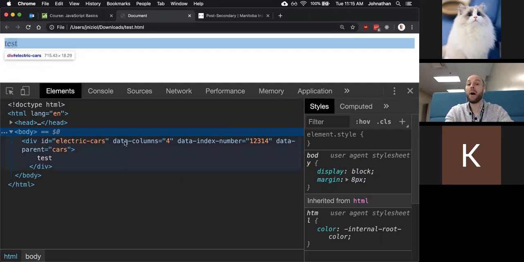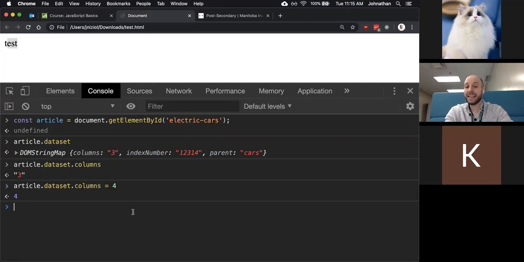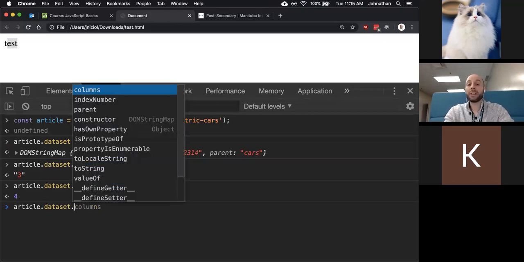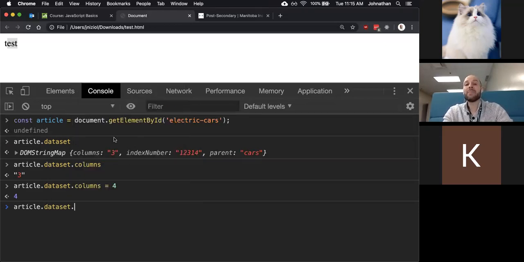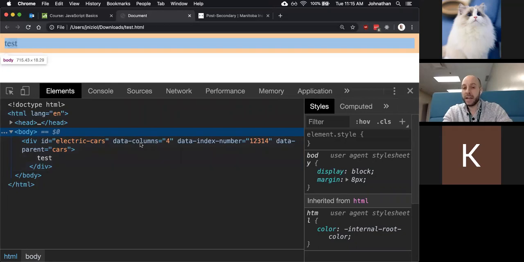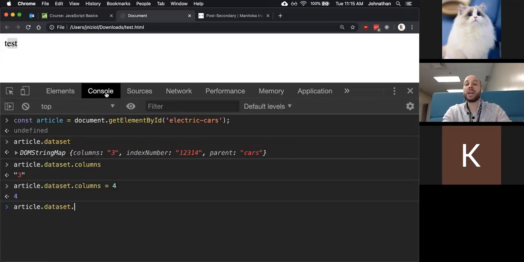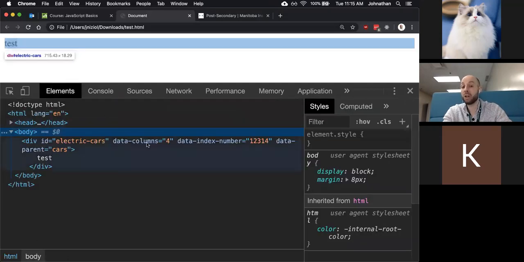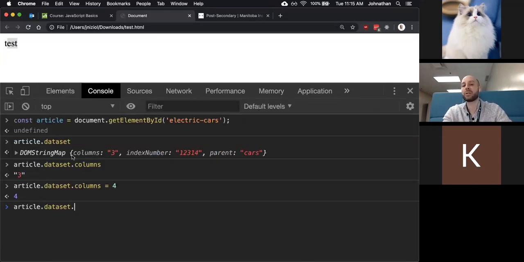Okay, so again, a place for us to get and set arbitrary data that we may need at some point later. And one of the interesting things you'll notice is that although we indicated data dash columns, JavaScript has parsed that and it drops that data dash component and it refers to it simply as columns. So it's data dash columns, but JavaScript says, no, I know what that data dash means. It means that's there for you. Put it in the dataset. That's what the data dash means. So columns,